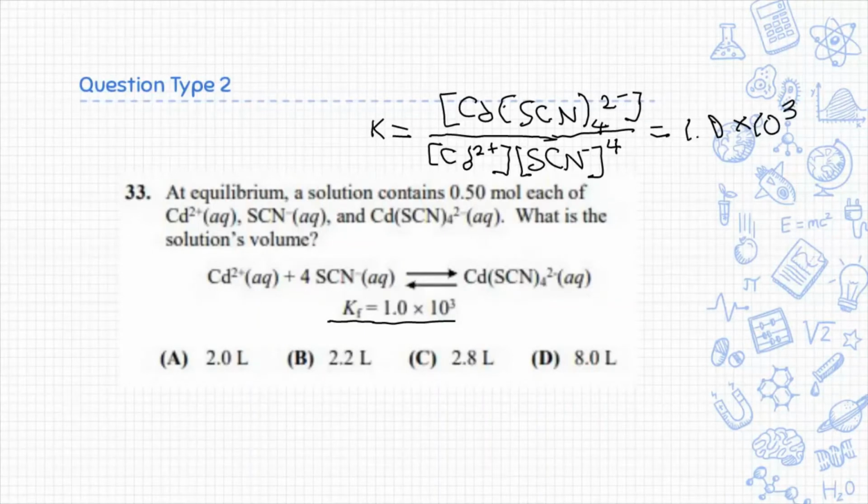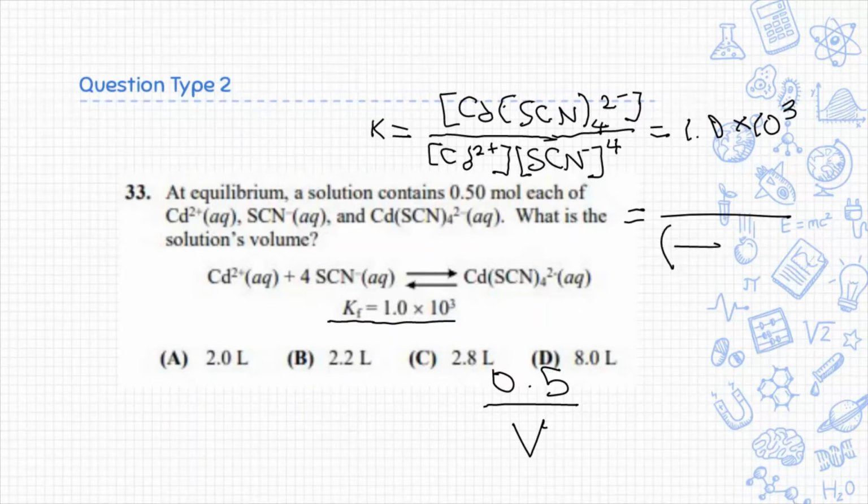Because all 3 of these species are in the same solution, we can say that the volume of the solution is V, correct? And because they're all in the same container and this is an equilibrium, we can say the concentration of all 3 of these species is 0.5 over V, correct? Now, because the concentration of all 3 species are the same, if we plug this 0.5 over V value into our equation, like this,